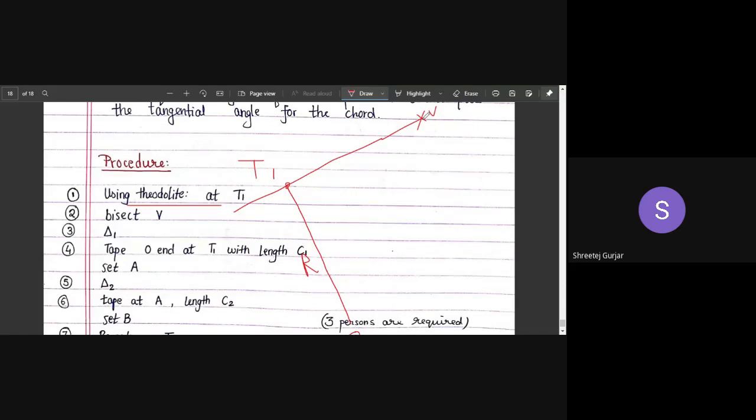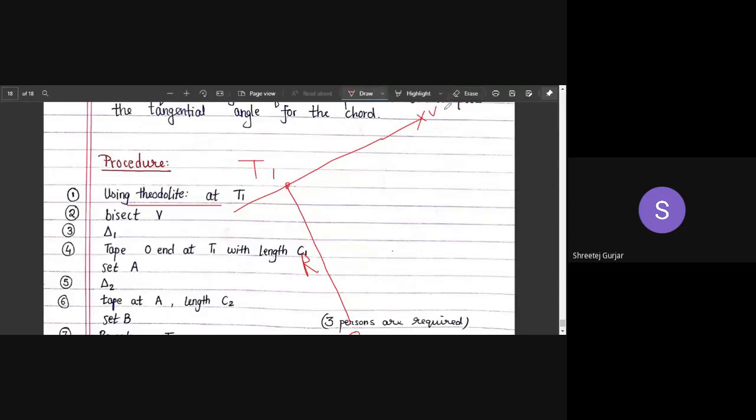I think the horizontal scales are A and B, and the vertical scales are C and D, correct? Am I correct about the horizontal scale and vertical scale on the theodolite? Can you tell me which scale is which? A and B are horizontal, and C and D are vertical, correct? So make sure. Okay, thank you.